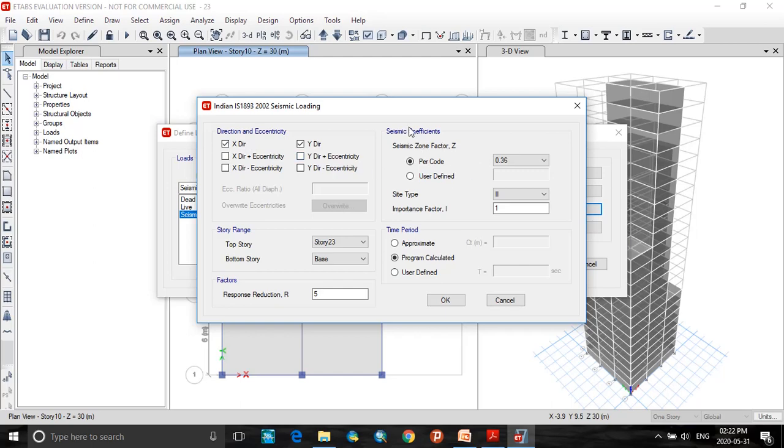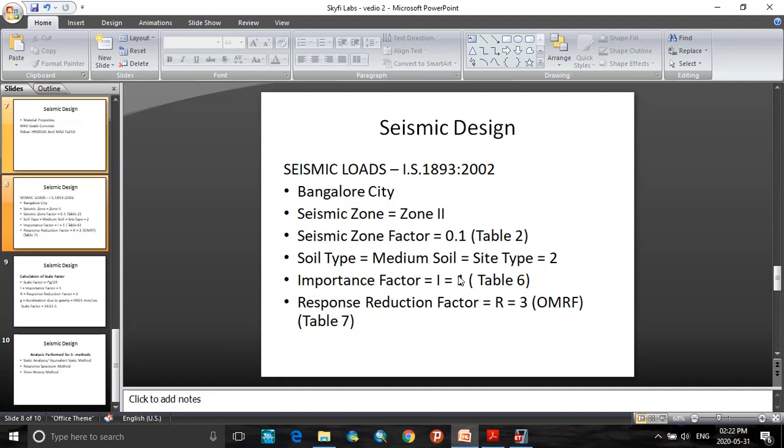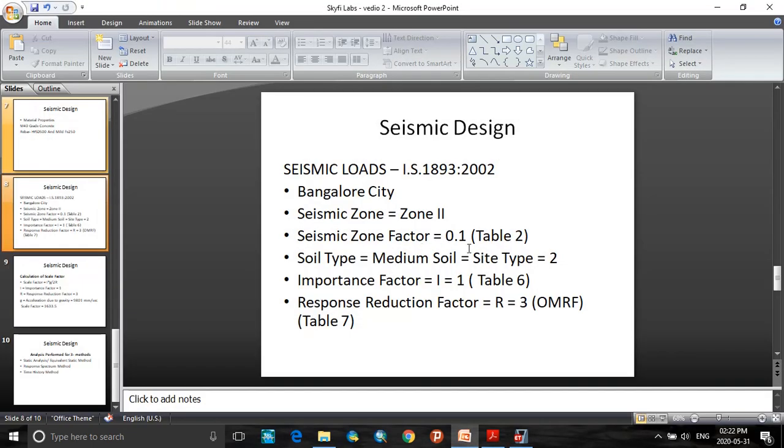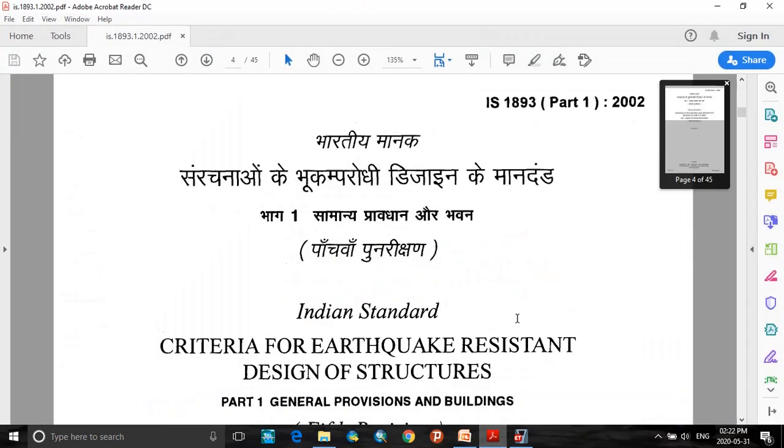Now the seismic coefficients. First, the seismic zone factor Z equal to 0.1, referring to IS 1893 Part 1 2002, criteria for earthquake resistant design of structures.